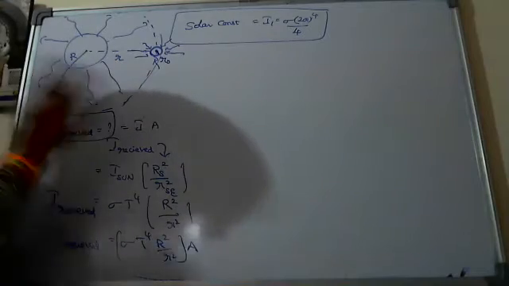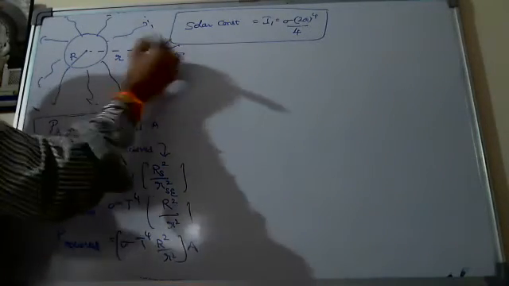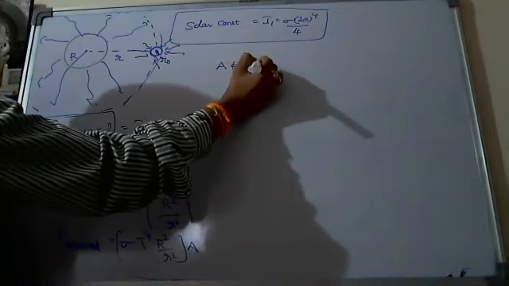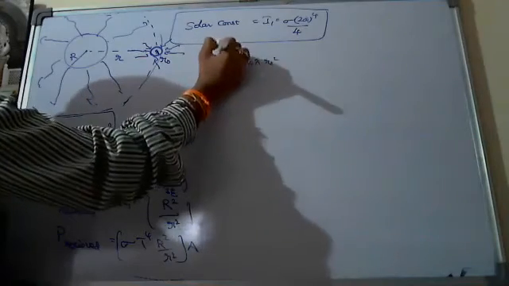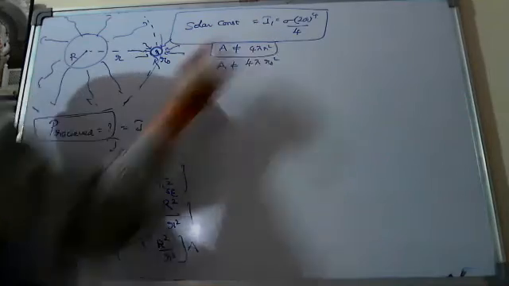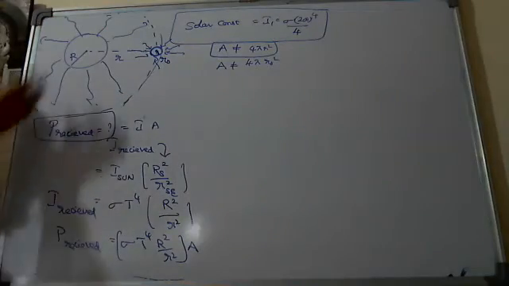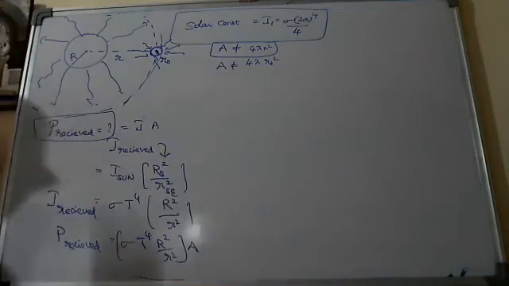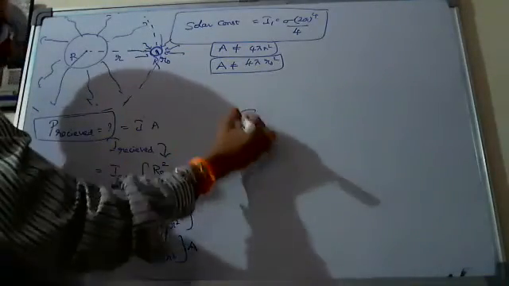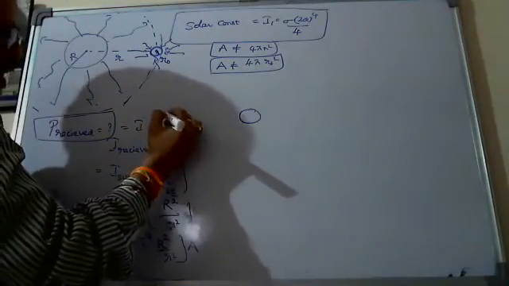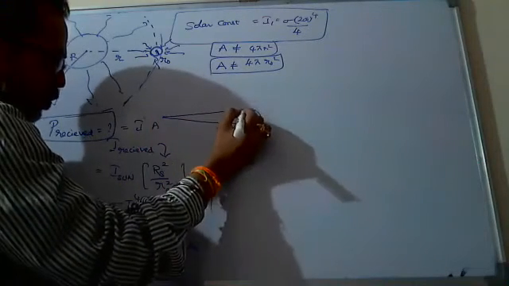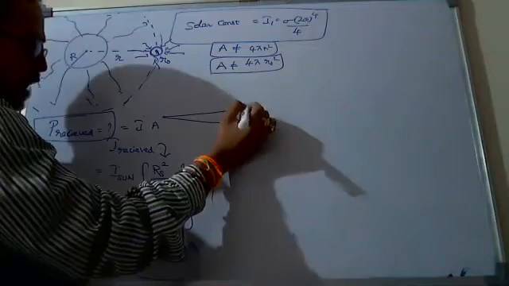Of course, it is not 4 pi small r square. Even A is not equal to 4 pi r naught square. No way A is equal to 4 pi r square. This is absolutely wrong. Even you also know it. Why? Because the sun is not inside the earth. Even this is also wrong. Why? Because the sun is here. From the sun, the radiation will be received by only this much part, not the other.